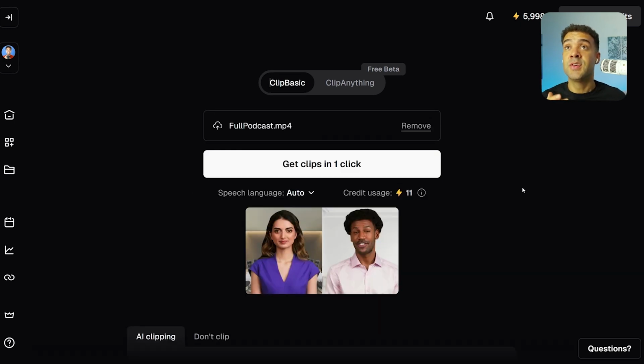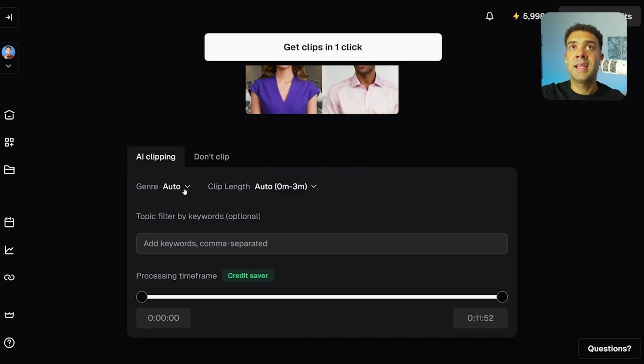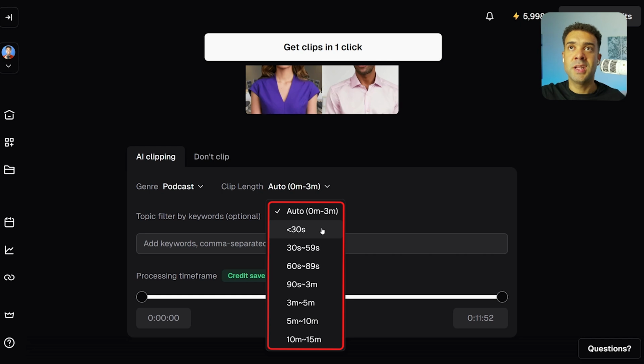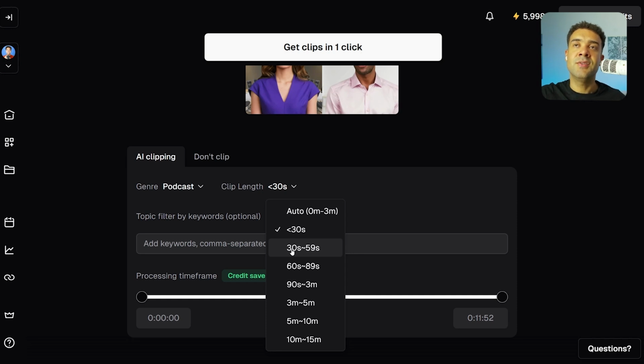We just need to choose some settings so that we make sure Opus Clip is creating the type of video podcast clips that we want. So I'm going to tell Opus Clip that the video language is English, scroll down, tell it that it was a podcast that we uploaded, and then we can choose the length of the clips we want created. As I want vertical clips to use on YouTube Shorts, TikTok, and Instagram Reels, I'm just going to try and keep my shorts less than 60 seconds so that it's compatible across all of those devices. So I'm choosing less than 30 seconds and between 30 seconds to 59 seconds to keep it less than 60